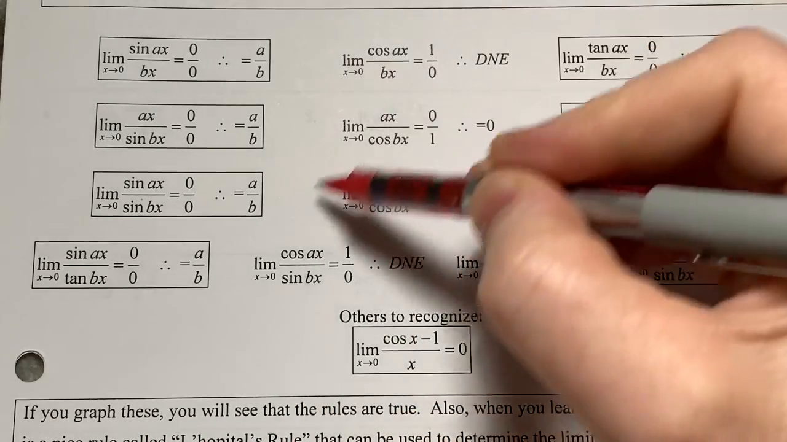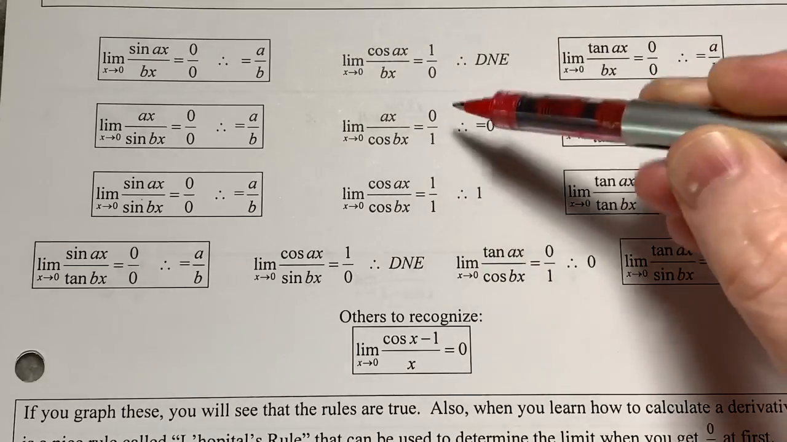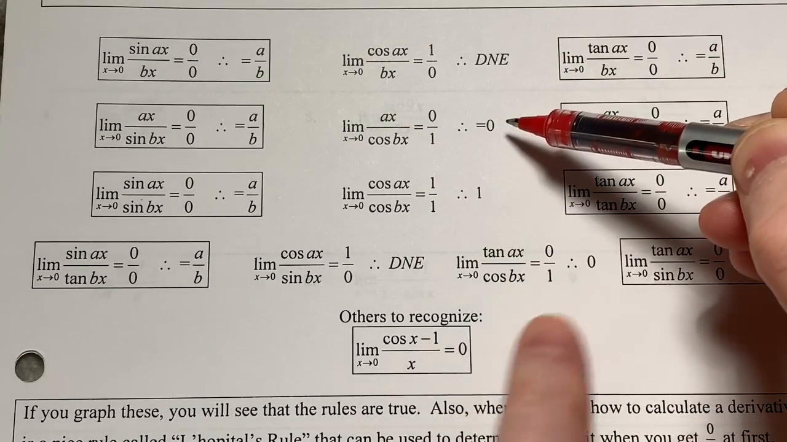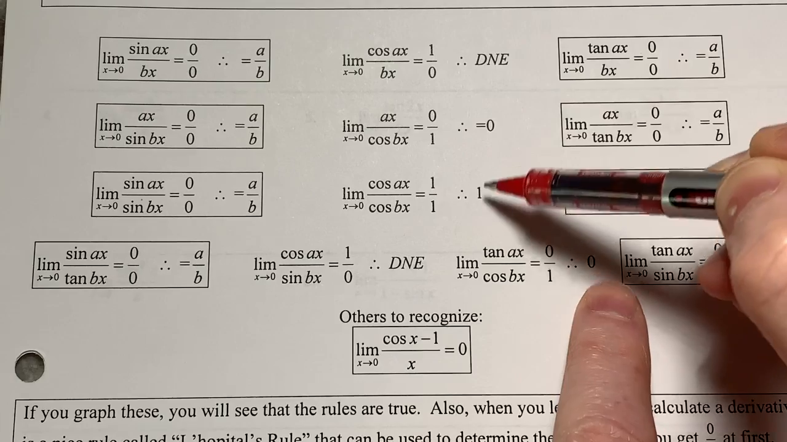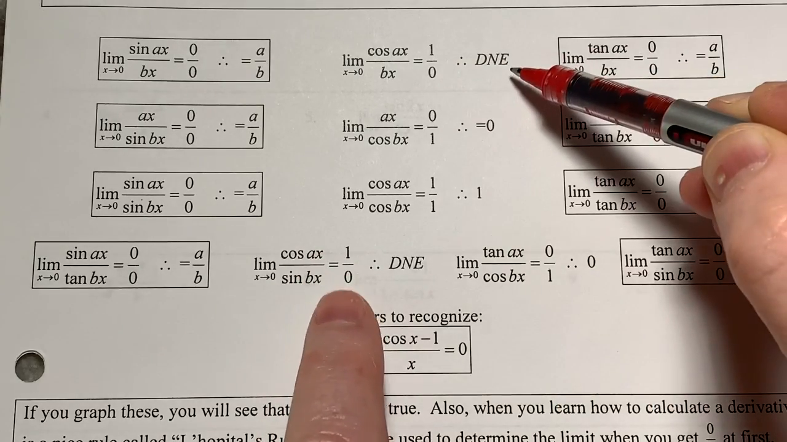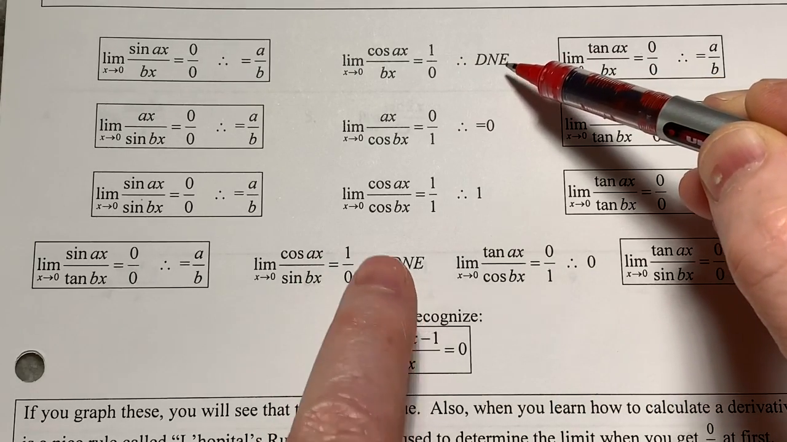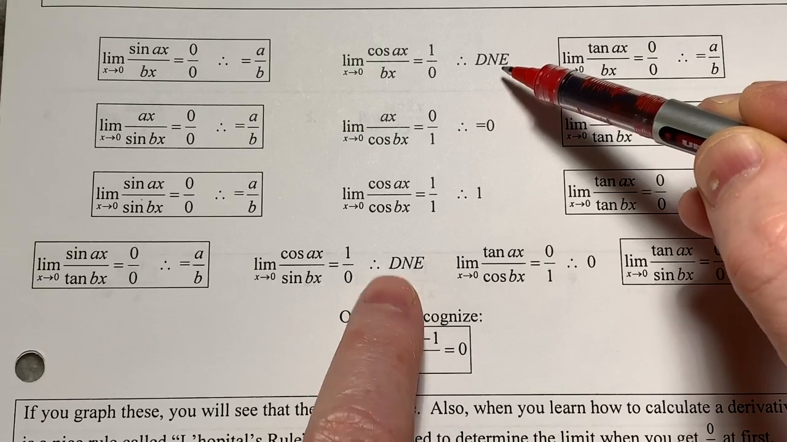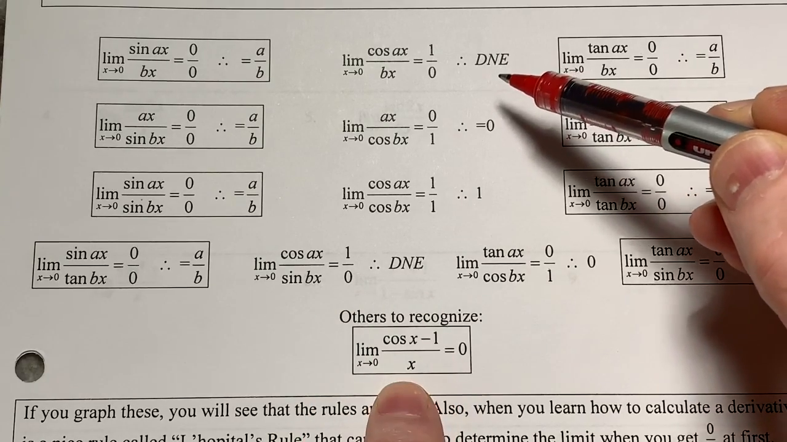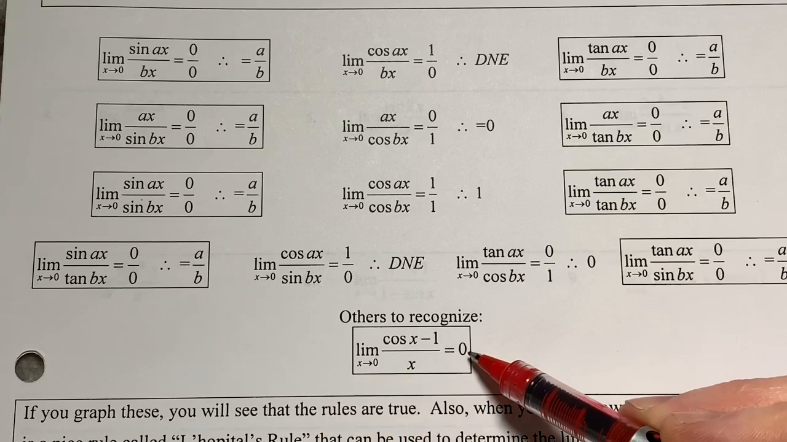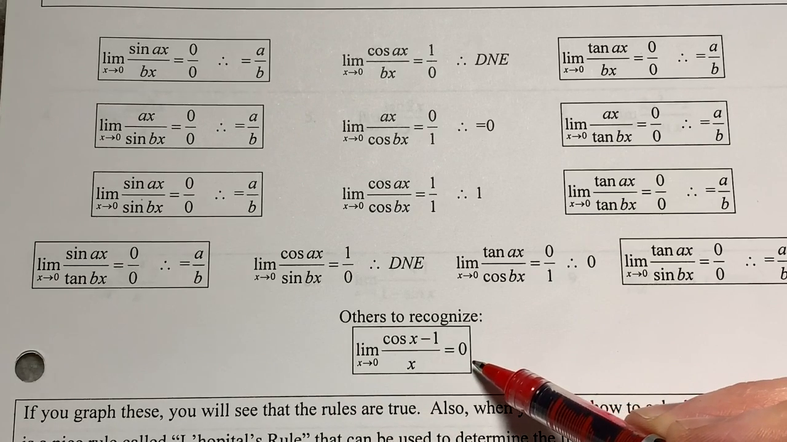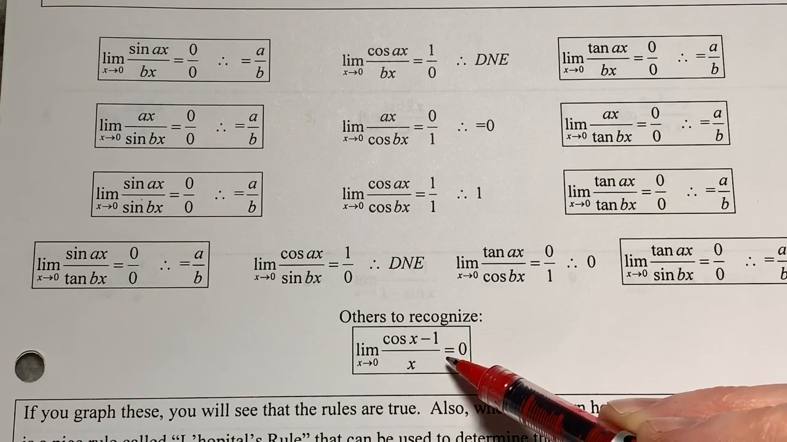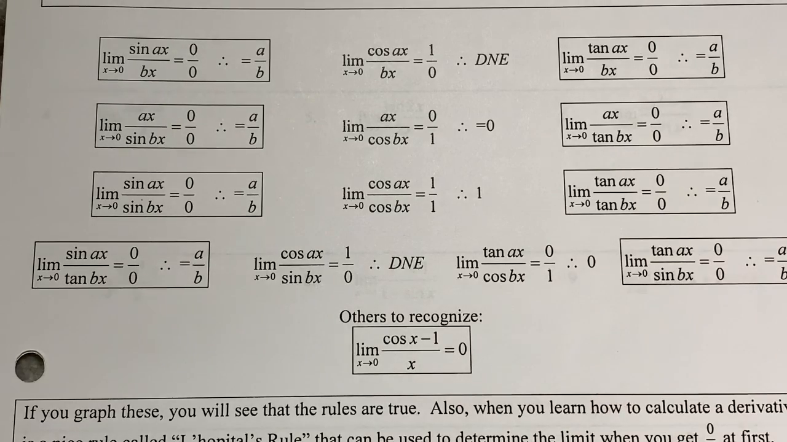I don't have any issues with these in the middle, because I actually get either an answer like 0 or 1, or I get a number over 0, which means there's a VA and the limit doesn't exist. The only one that's a little tricky here is this one. You're welcome to go and graph that thing. If you graph it, you will see that it approaches 0 there. You're just going to have to memorize that for now, which for your test, since this year